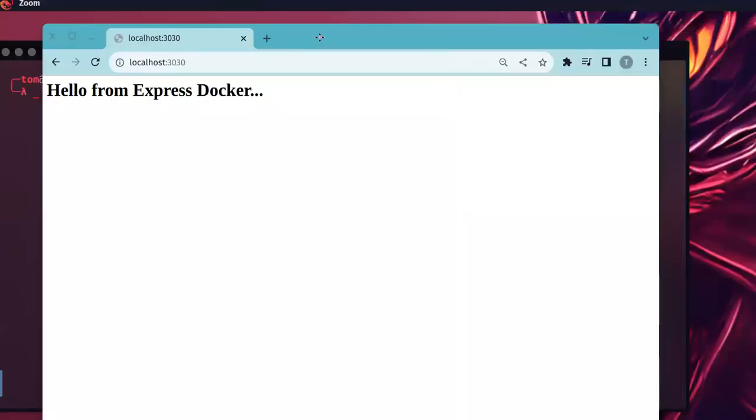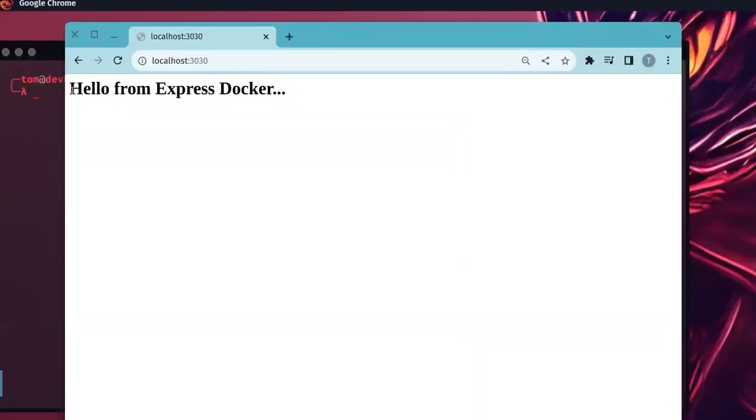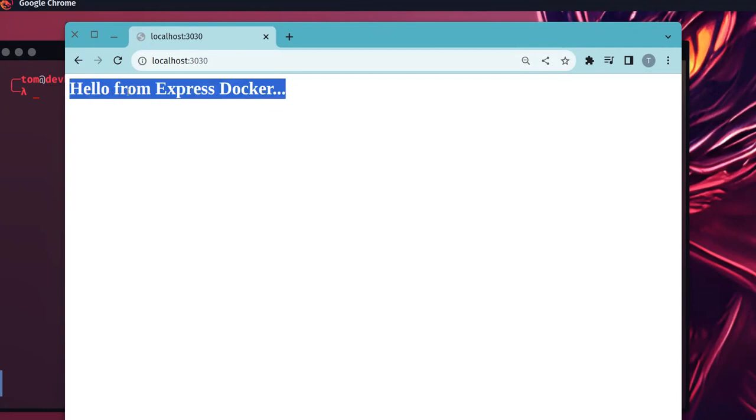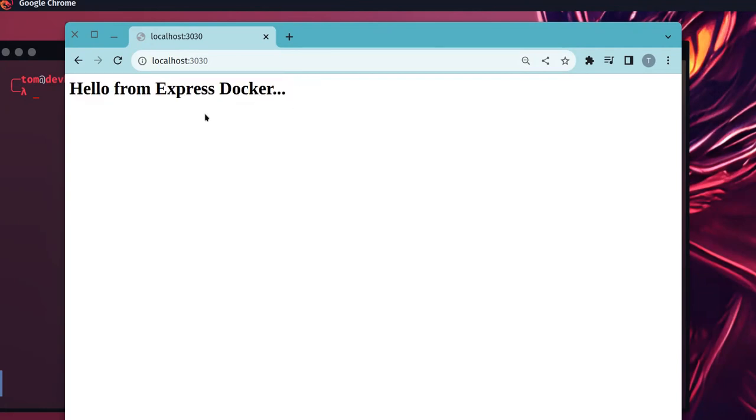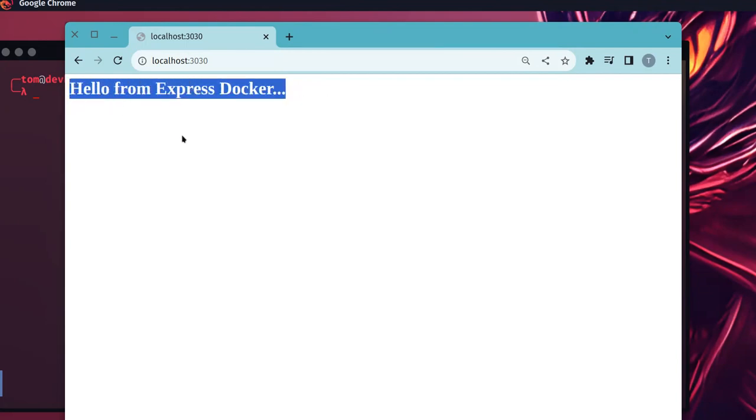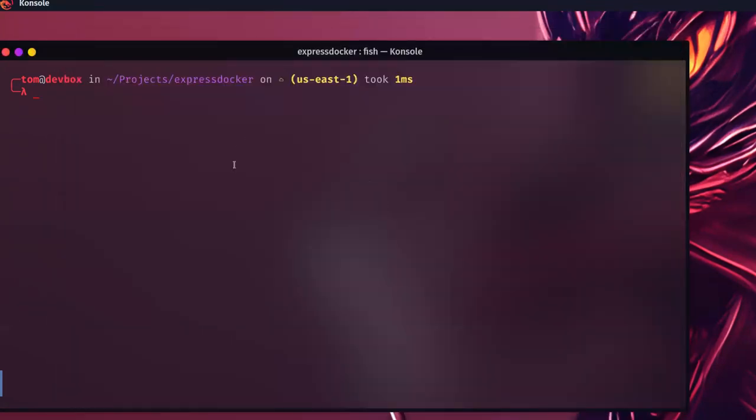Our final result, once we're done, will be something like this where we can go to localhost at a certain port and have it literally give us back hello from Express Docker. So that's our end result. It's not very flashy, but it's a Dockerized application, and that's the goal of today. So I'm going to close that off, and we have this empty space here to start working on